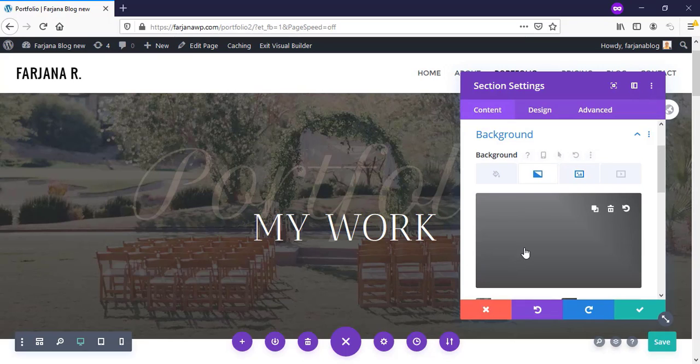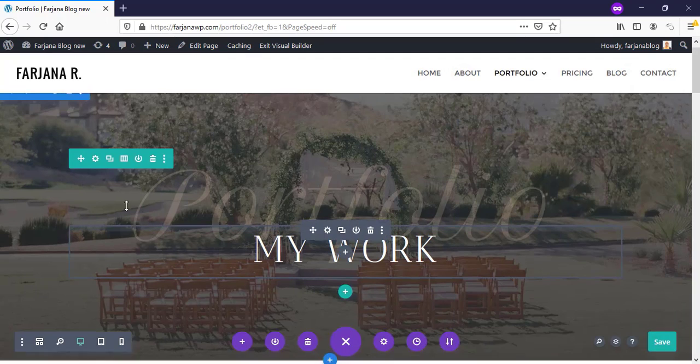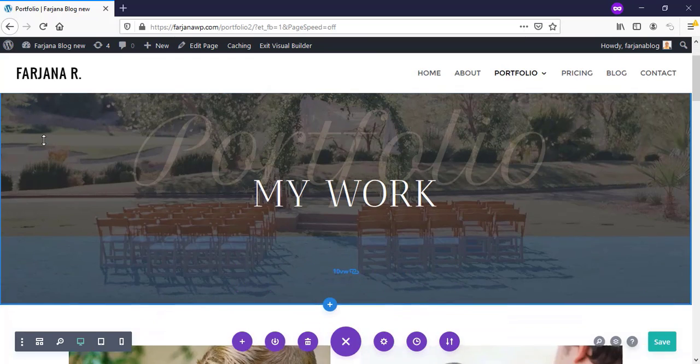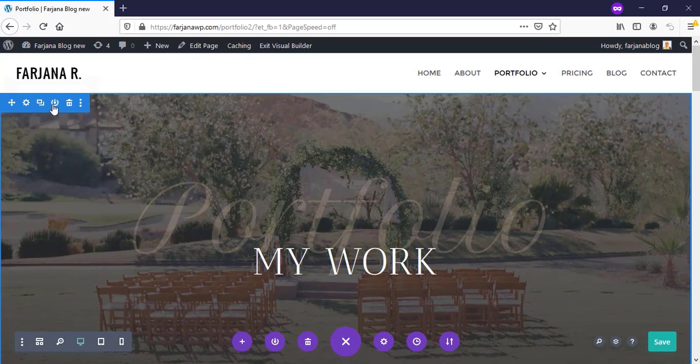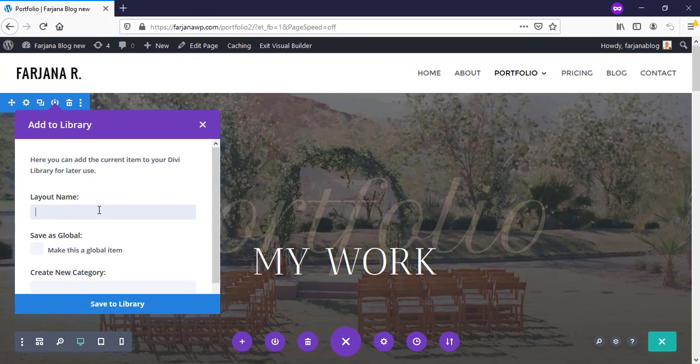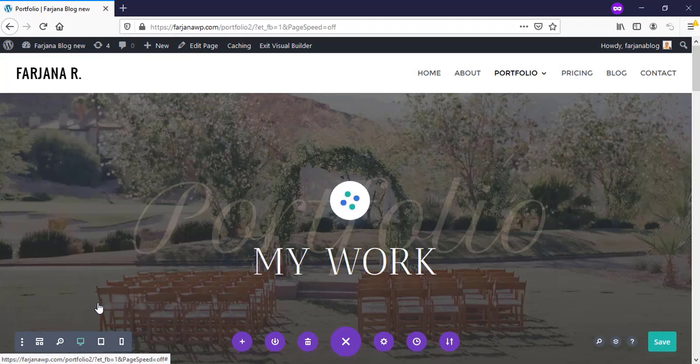And here is also gradient overlay, and here I'm just saving this section as page header, so I'm saving it as page header. So for other pages we can use the same kind of top area. Now I'm saving it,